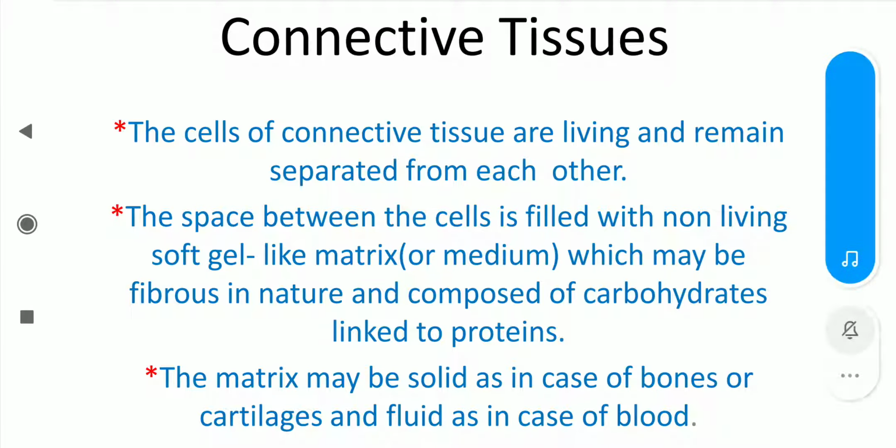Good morning, children. Today we are going to discuss connective tissues. Connective tissues of animals serve the function of binding and joining one tissue to another. They form a protective sheath and packing material around the various organs, separating them so that they do not interfere with each other's activities. Clear, children?